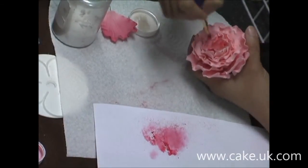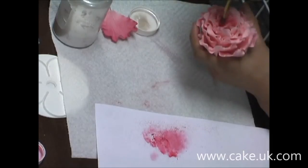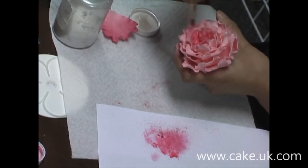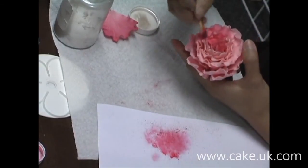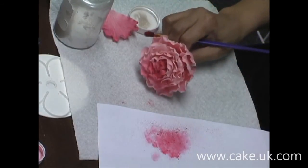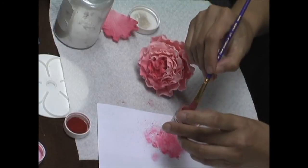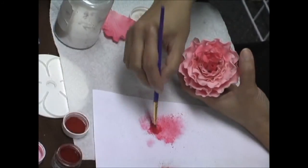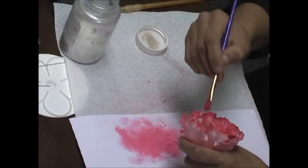for the center of the flower, I will do the same and just dust all over. I will dust the center a little bit darker than the rest. And you can use 2 to 3 shades or even more on the petal. It depends on the look that you wanted it to be. Here I'm using again the Old Rose Petal Dust. And if I want the center to be a little bit darker, I would use a little bit of the Flaming Sword, just a tiny bit, to give it a little bit of depth and color. So I'm just continuing